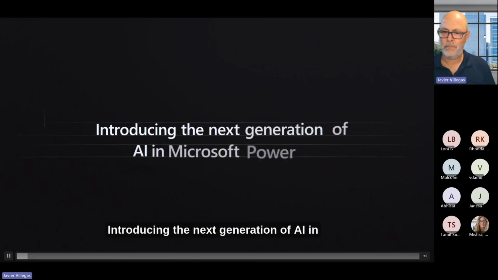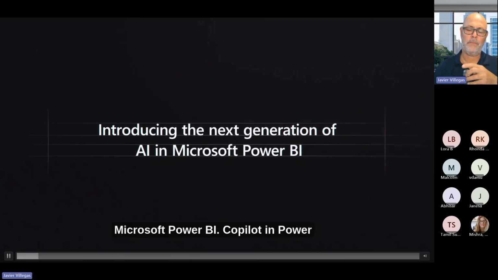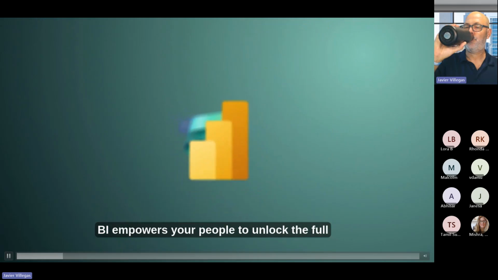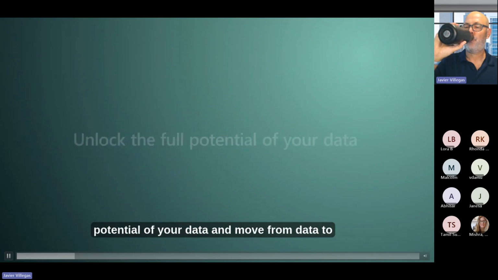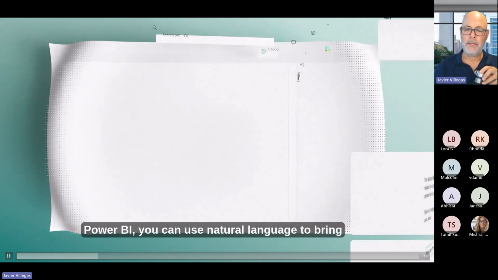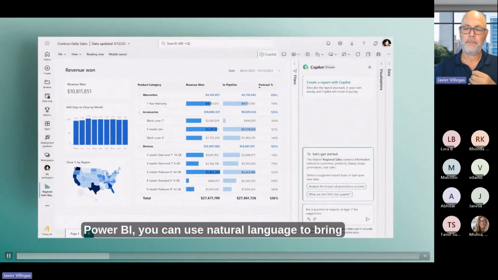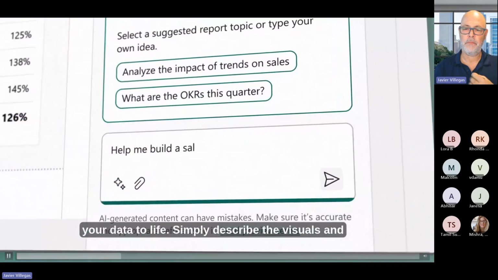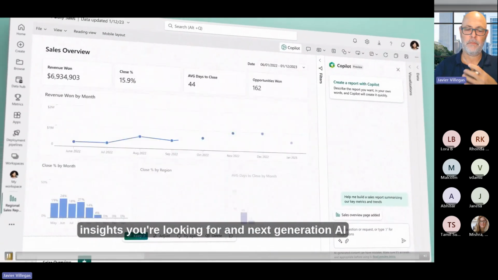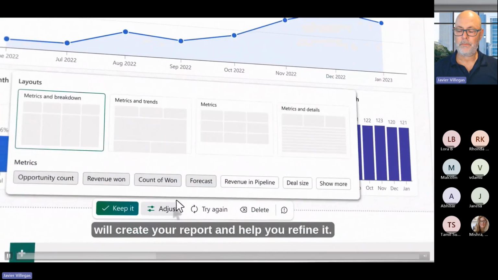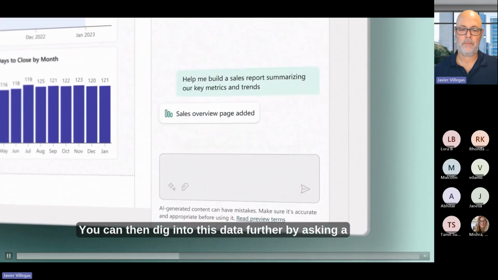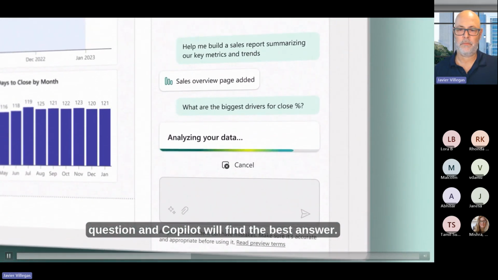Introducing the next generation of AI in Microsoft Power BI. Copilot in Power BI empowers your people to unlock the full potential of your data and move from data to insights faster. Now, with Copilot in Power BI, you can use natural language to bring your data to life. Simply describe the visuals and insights you're looking for, and next generation AI will create your report and help you refine it. You can then dig into this data further by asking a question, and Copilot will find the best